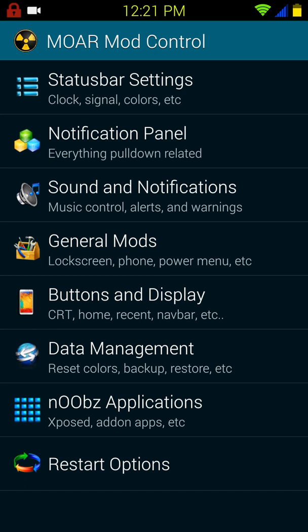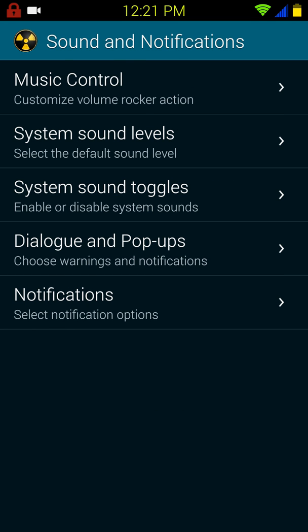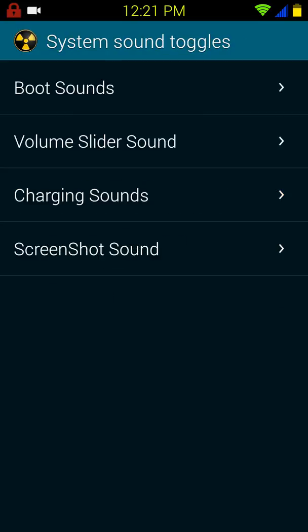Next up, under Sound and Notifications, is System Sound Toggles. This comes in really handy if you're the type of person who likes to restart their phone in the middle of the night. This way none of the sounds will disturb you. Boot sounds,